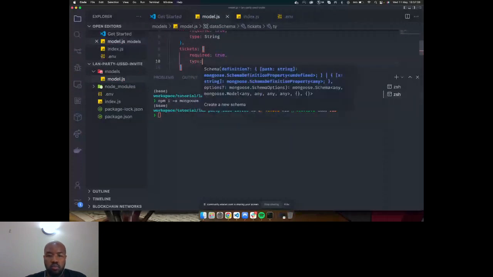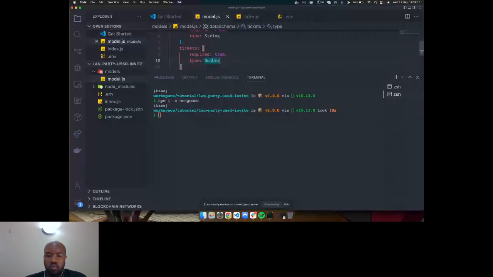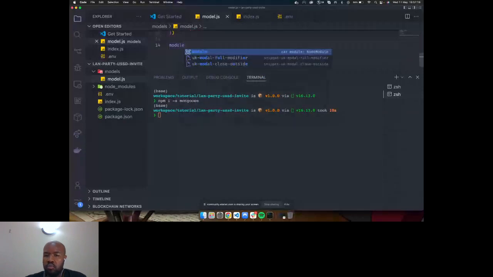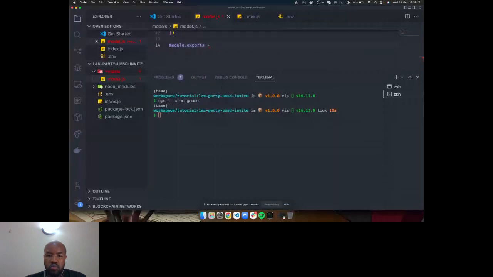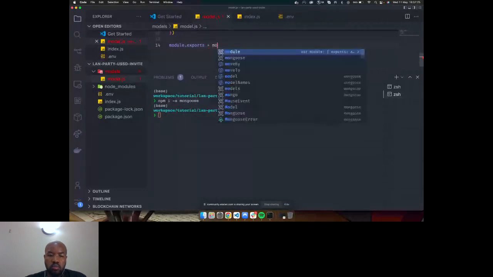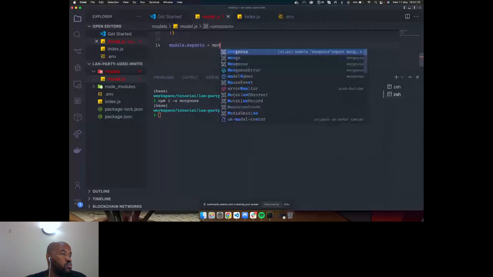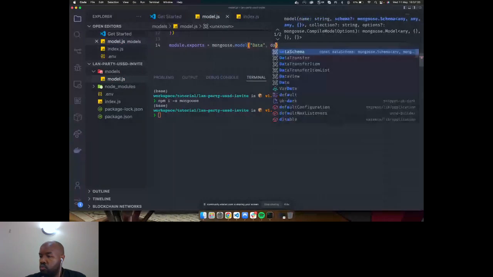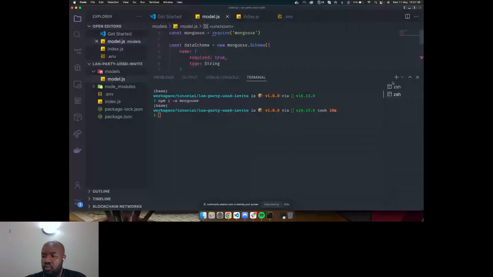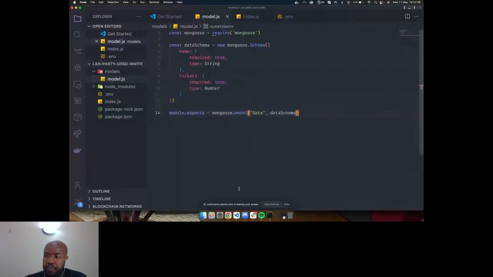All right, so that's pretty much it, right? Except the final thing we're gonna do is a module export, which will be callback Mongoose and model. We'll name this data and data schema, right? So if you've not created like a